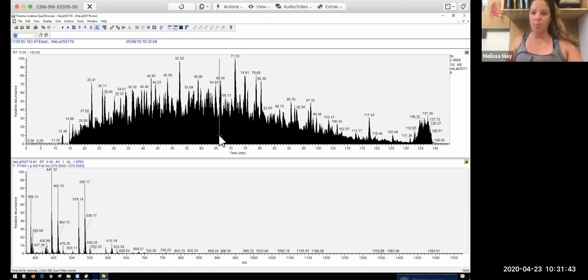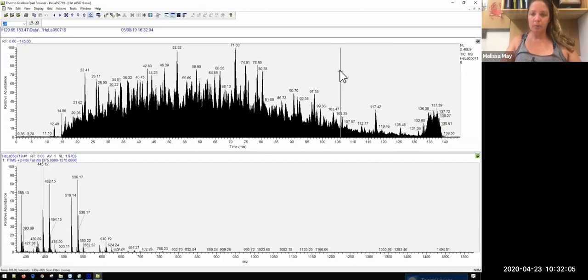When you initially open this up in QualBrowser, this is the information that you're going to get. One thing that's really useful about this is when you run your program using Proteome Discover, all of the parameters of that particular run are saved in the file. And so there's various different ways you can do this, either through Proteome Discover, downloading the report from XCalibur itself, or once you're in QualBrowser and you've opened up your particular